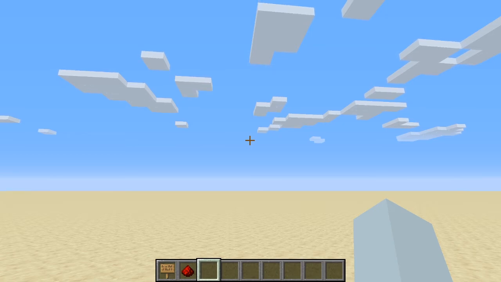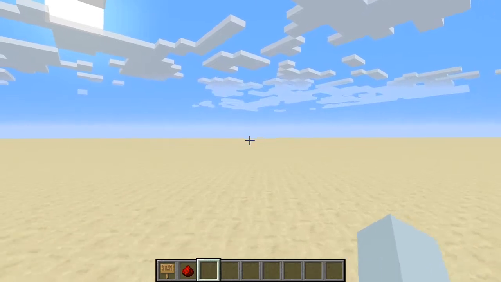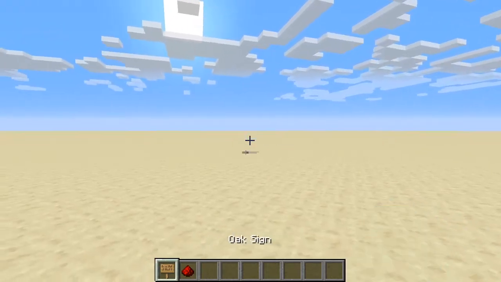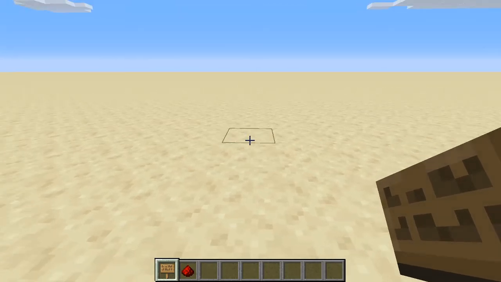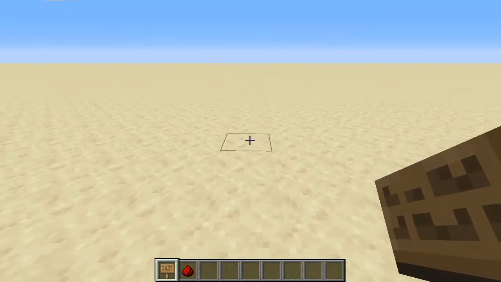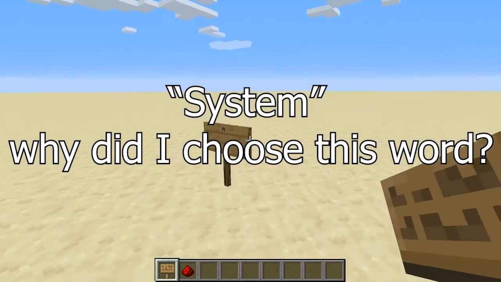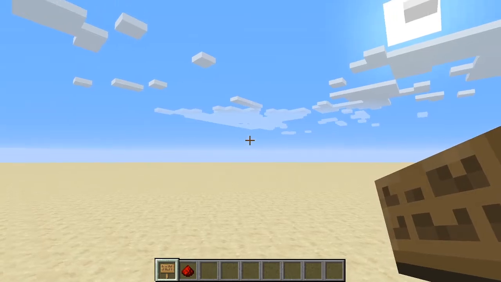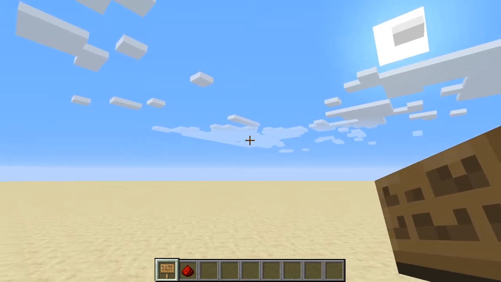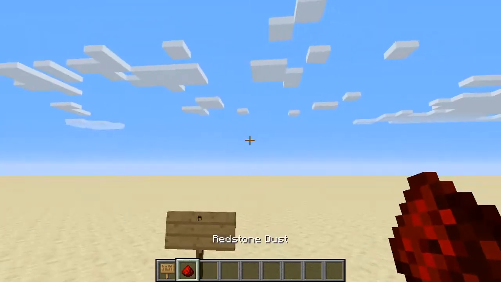Hello. Today I'm going to be seeing if I can make a one block water source in Minecraft using redstone. What I originally wanted to do was, you have a system which has a bucket, and you put a bucket in a chest, and then it gives you a water bucket by refilling it, which on its own